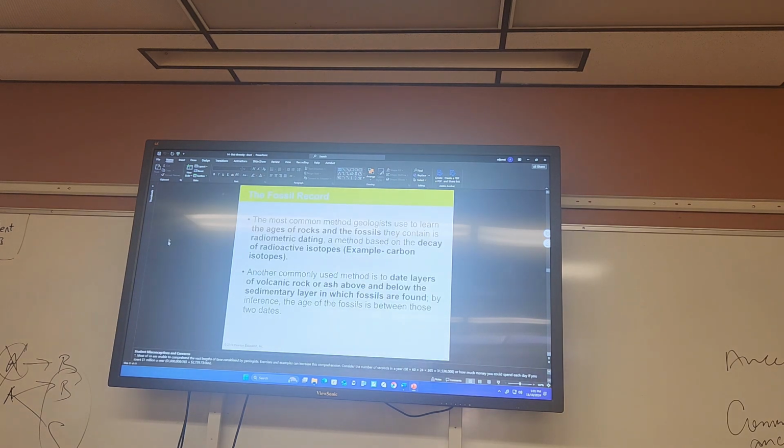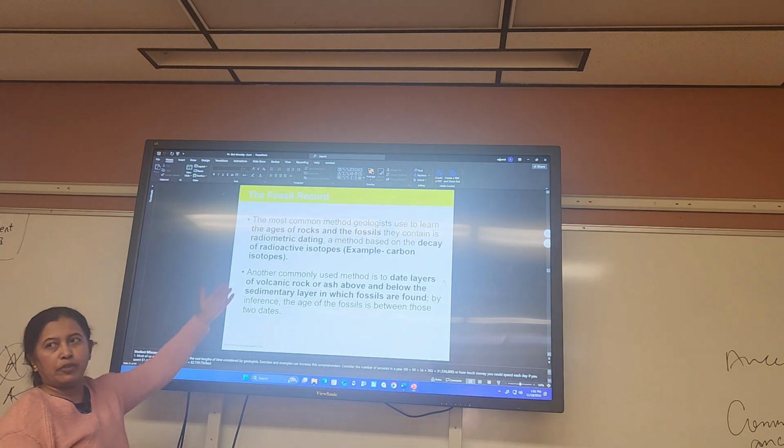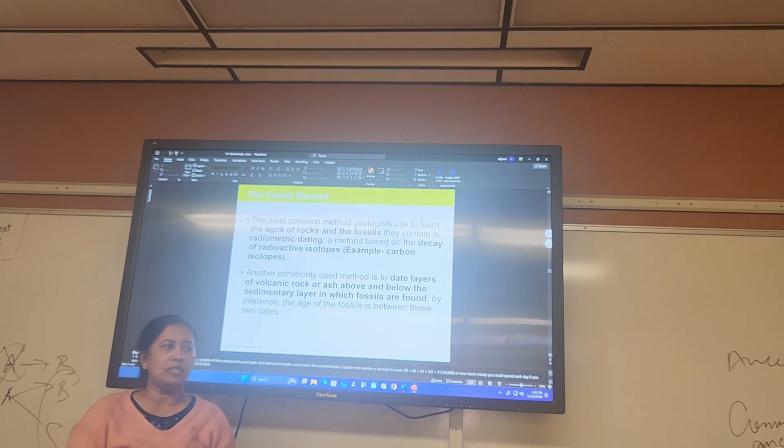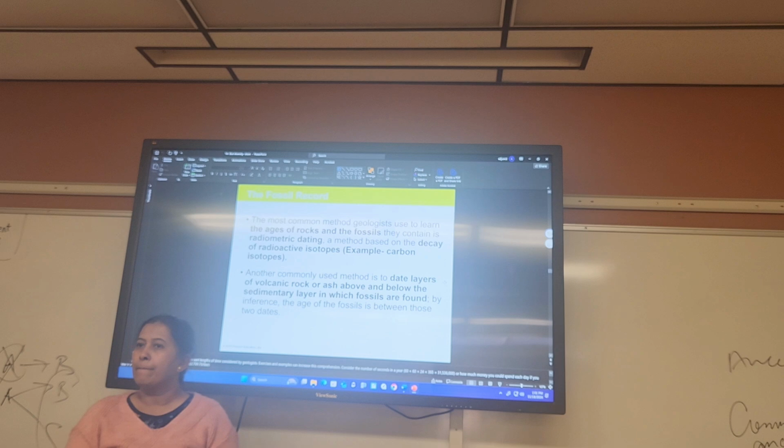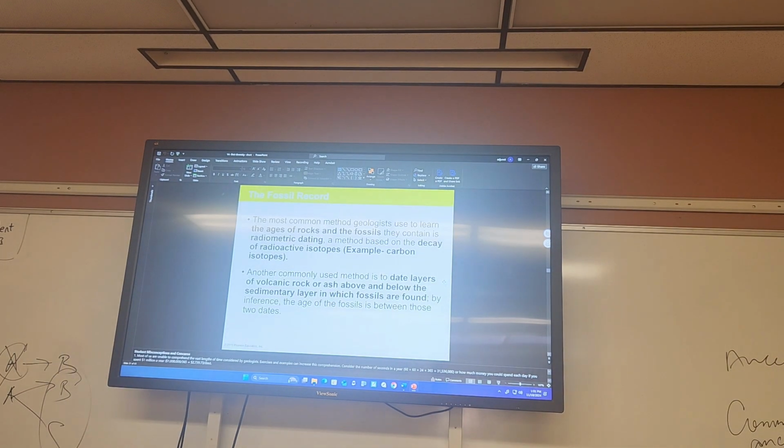Fossil record, this is the last one for today. Usually we measure the date by a technique called radiometric dating, which is based on the decay of radioactive isotopes. I think we discussed this in one of the early lectures. For example, we use carbon isotopes. Does anybody remember what an isotope is? You have to go back to chapter 3, 4. What is an isotope, Luke? It's an atom with a different number of